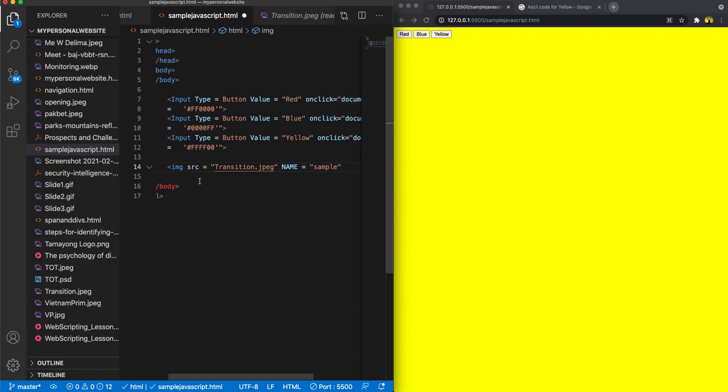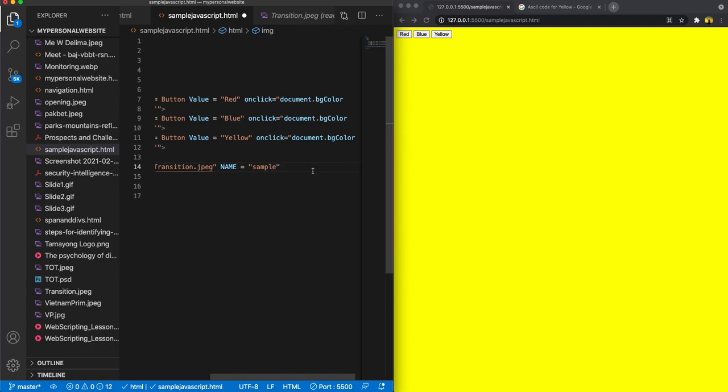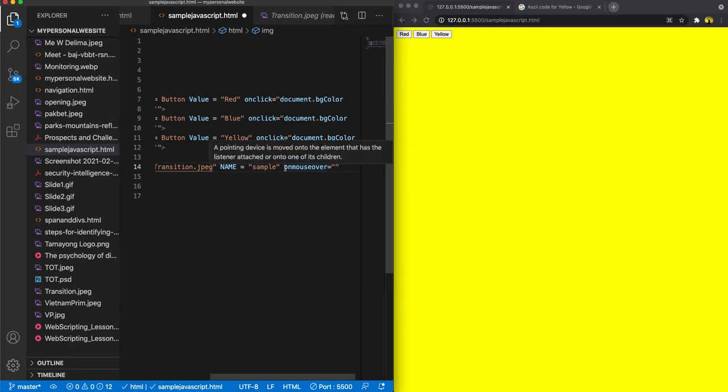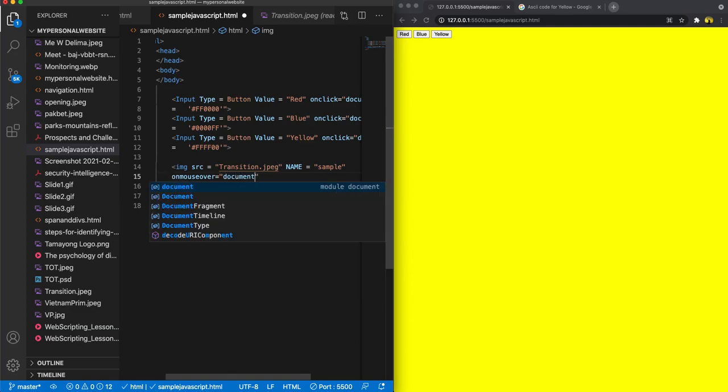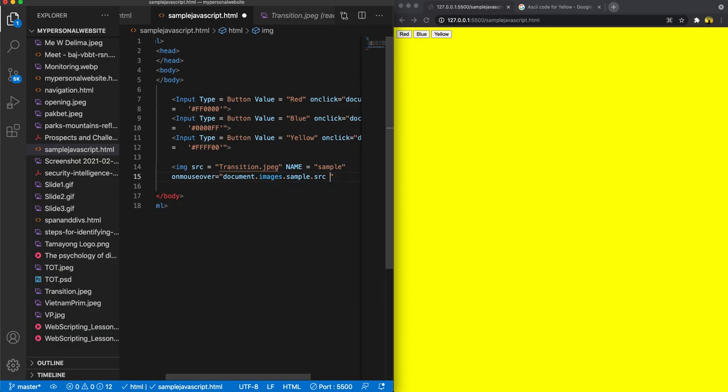Then the emoticon. On mouseover, what happens when the mouse is over equals to document.images.sample.src is equals to